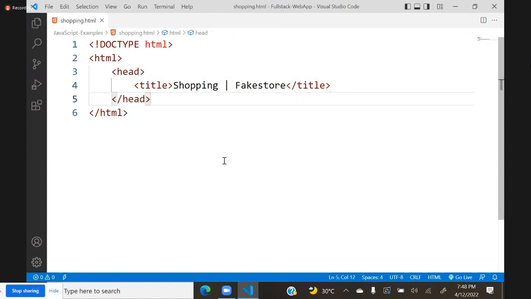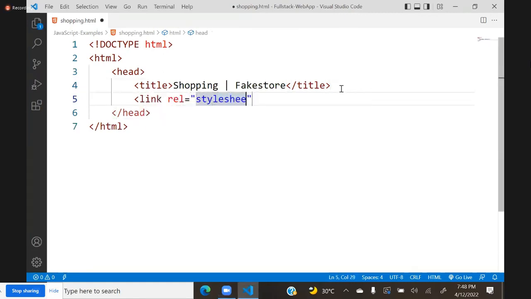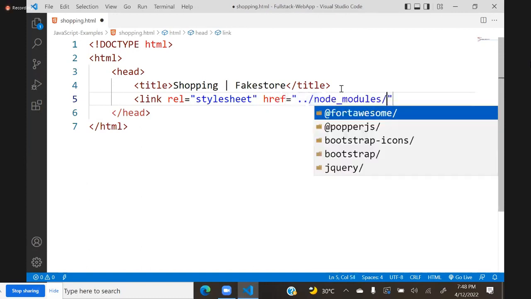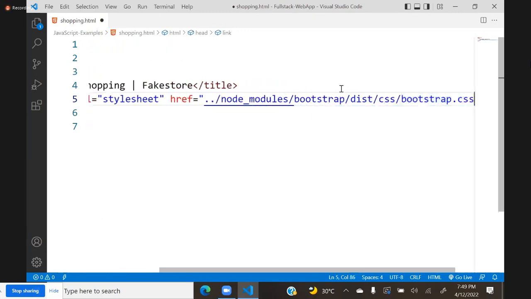And here we will use complete Bootstrap. So to use complete Bootstrap, what we need to do, you know what to implement, right? So we will do that. We will import all the links and style sheets. Link rel is equal to stylesheet, href node_modules, bootstrap dist css, bootstrap.css,